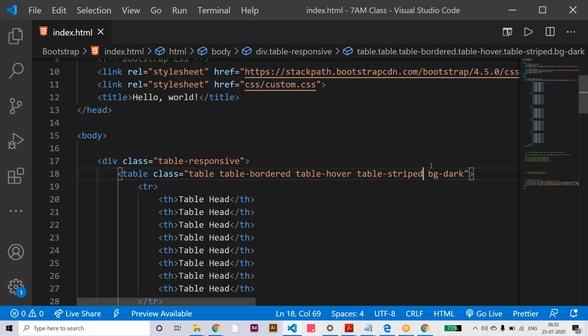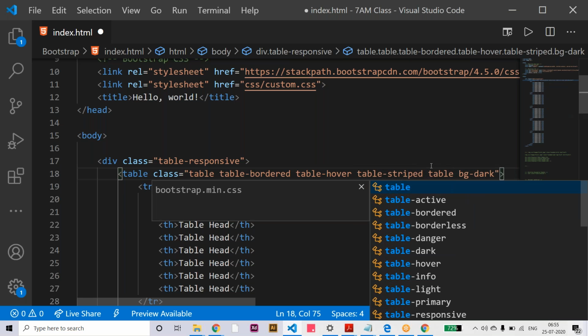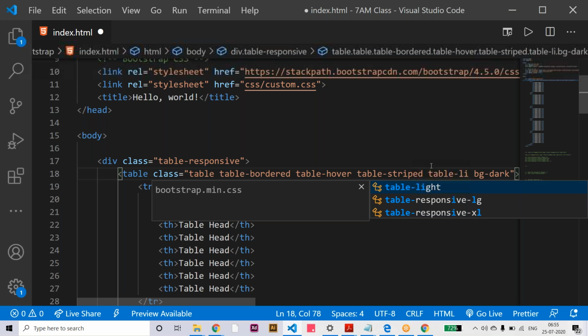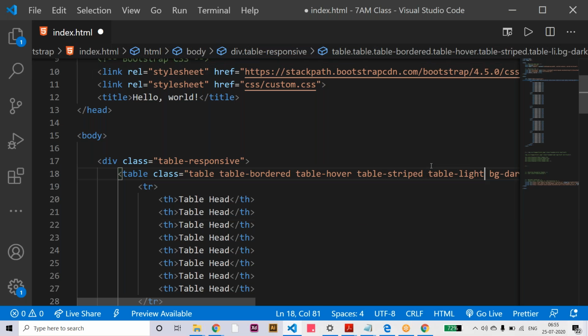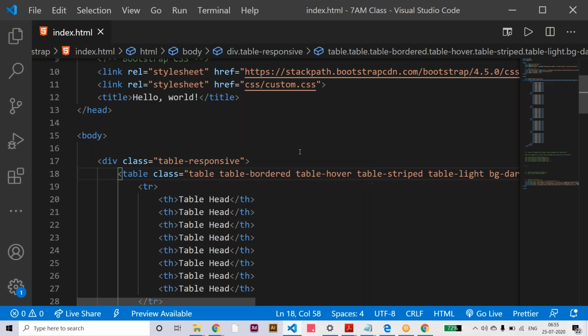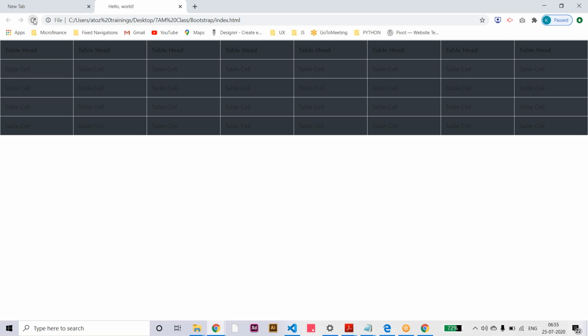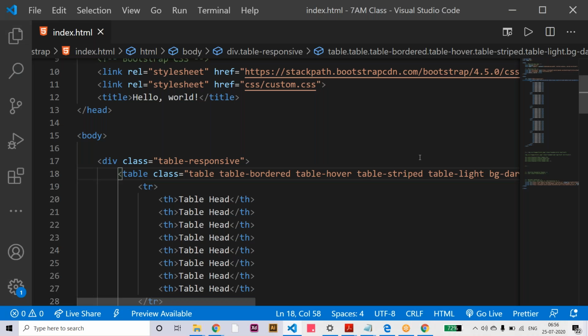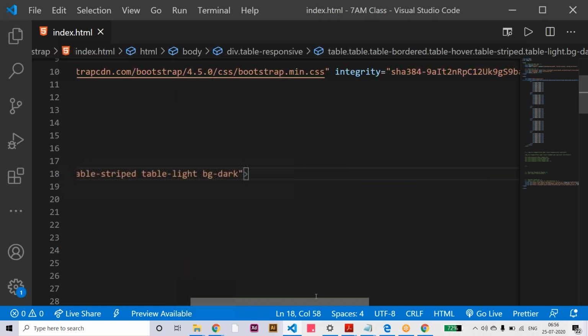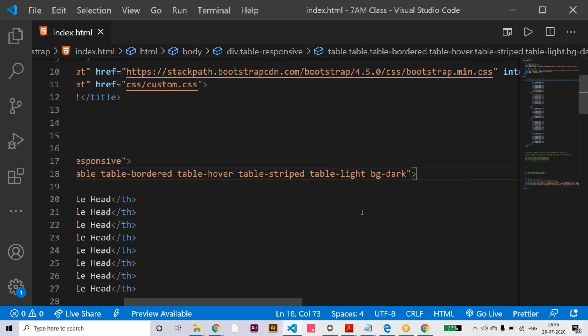So here let's say table light. Table light, it's not opening. Yeah, table light, dark.